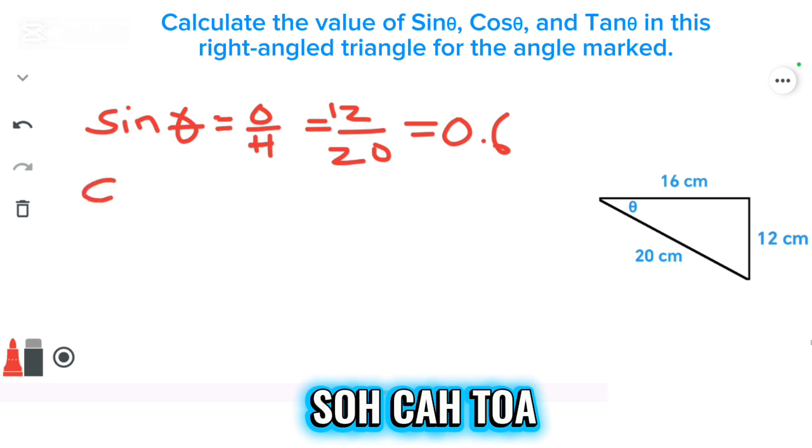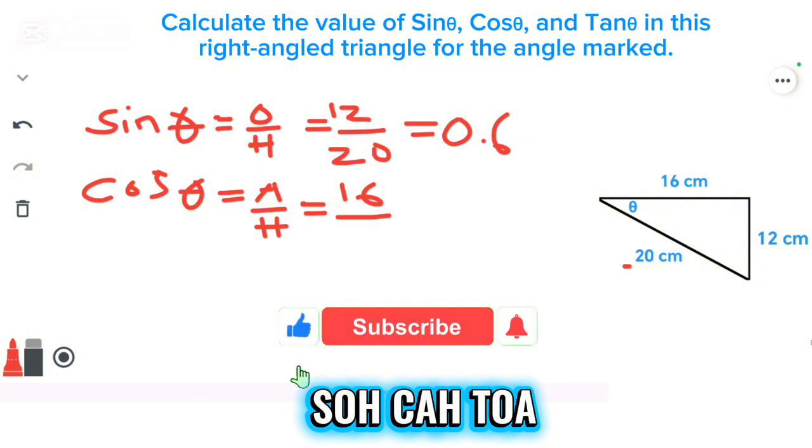Alright, so now let's calculate the value of cos. So we have cos theta is equal to the adjacent over the hypotenuse. Alright, so again with respect to this given angle, the adjacent side is 16 centimeters, so we have 16,